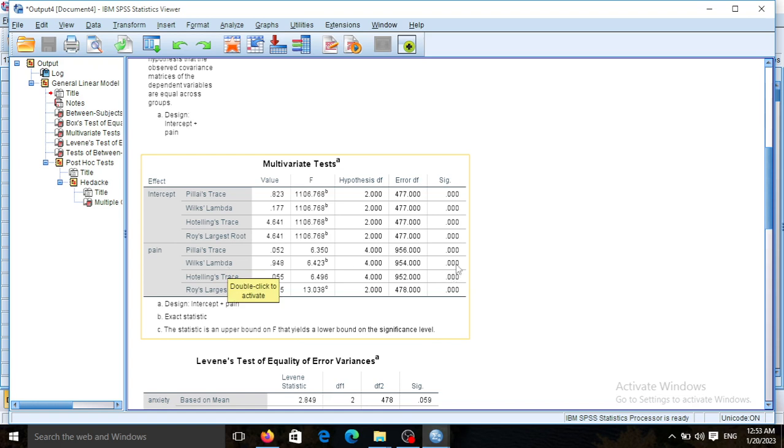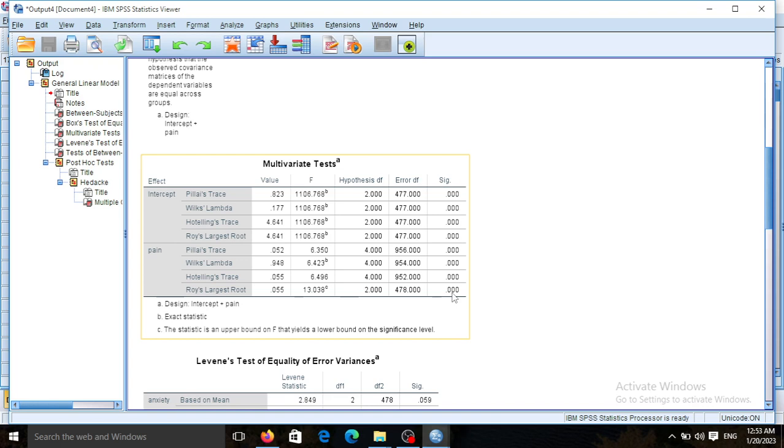If there is a very high level of correlation, I mean a correlation coefficient of more than 0.7, you can choose the Roy's largest root, which similarly shows a significant